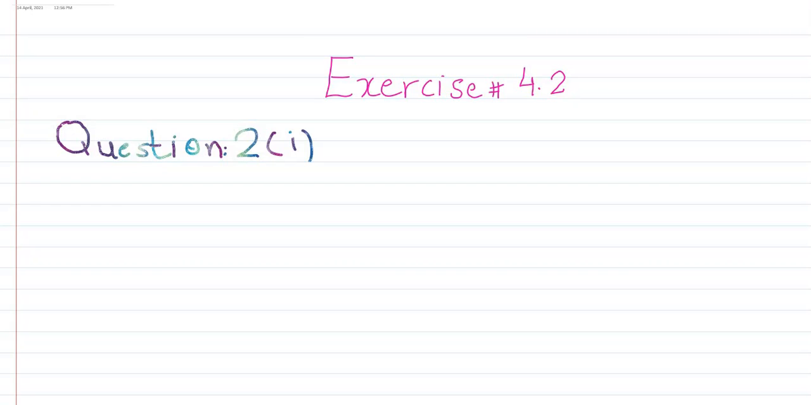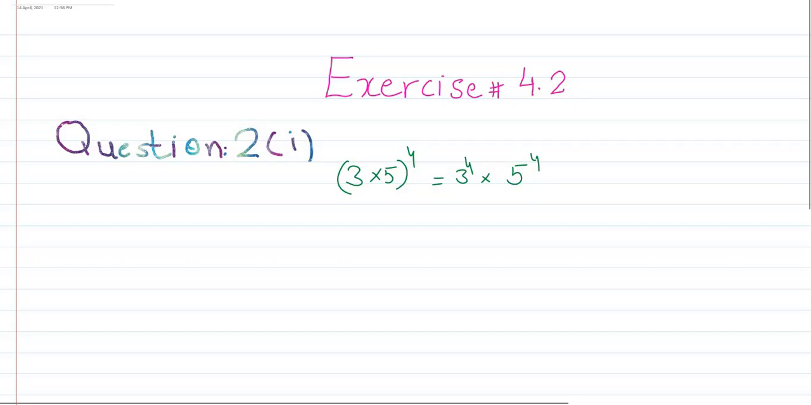Question number 2, first part is (3 multiplied by 5) raised to power 4 is equal to 3 raised to power 4 multiplied by 5 raised to power 4. Now here, first of all, we are solving its left hand side,